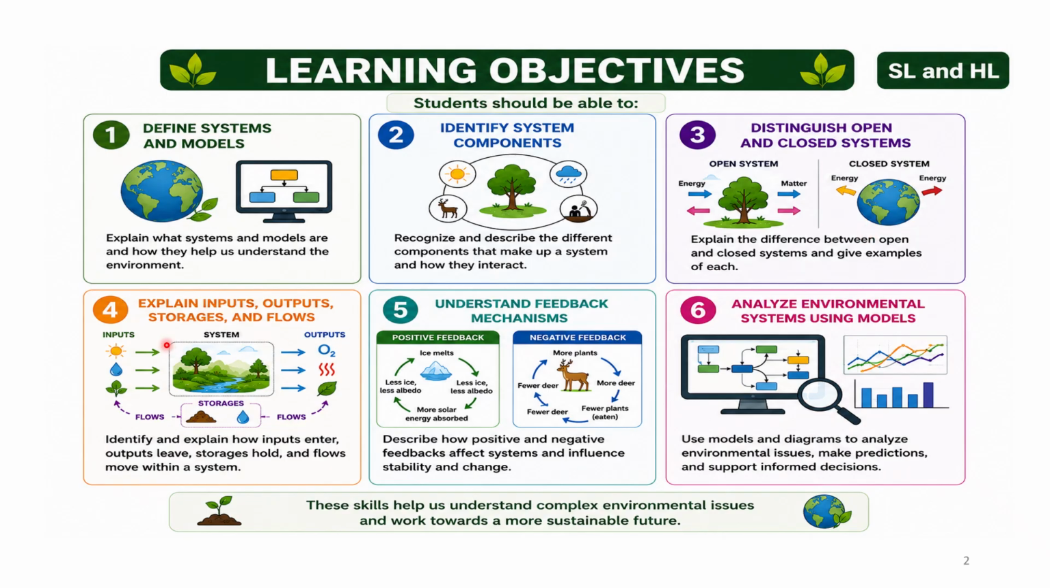Another important objective is to explain inputs, outputs, storages, and flows within environmental systems. Examples include sunlight entering a system as an input, nutrients being stored in soil, and energy flowing through food chains. Students should further understand positive and negative feedback mechanisms and evaluate how they influence system stability and change. For example, melting ice can accelerate warming through positive feedback, while predator-prey interactions often help maintain ecological balance through negative